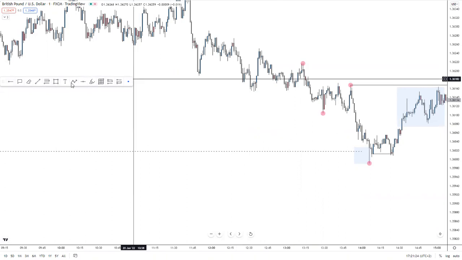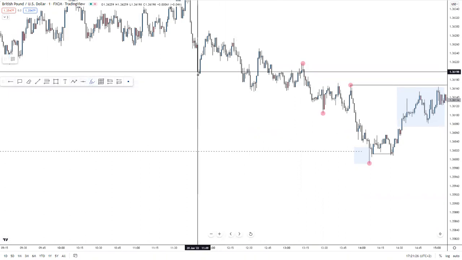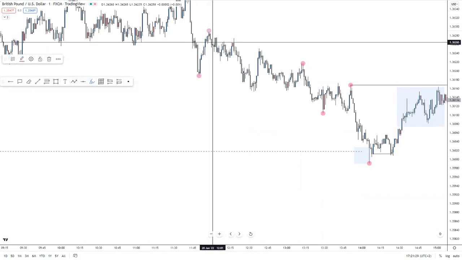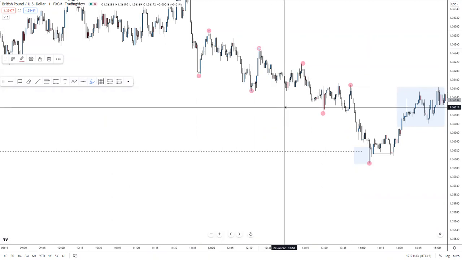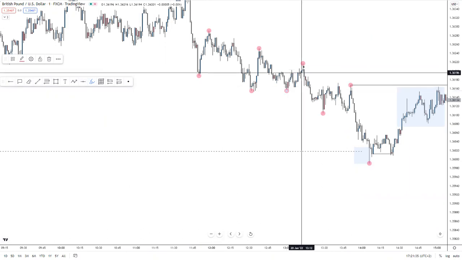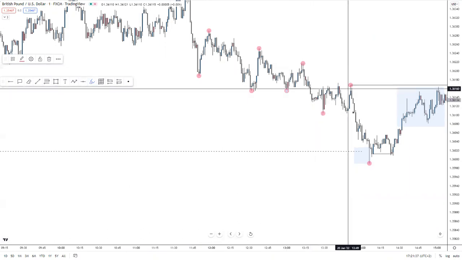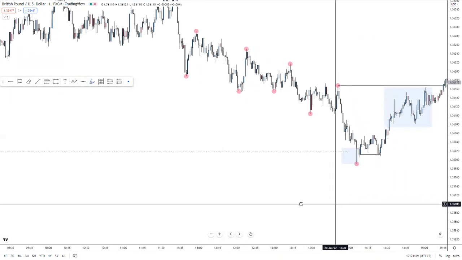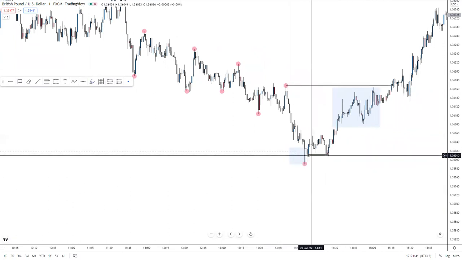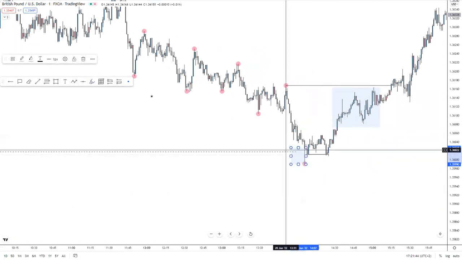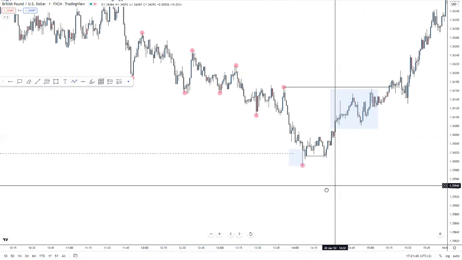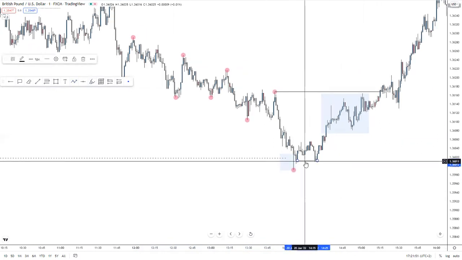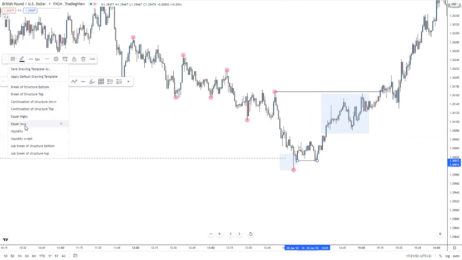So we can clearly see that from here we are in a downtrend. We've got that lower low, lower high, lower low, lower high, lower low, lower high, lower low, right? From here, price will definitely come into a supply zone to the far left. And from there, we leave liquidity here,